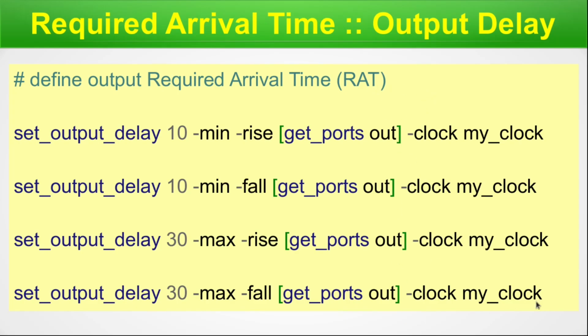So let me bring my mouse pointer again. If you compare, this remains static, this remains static, only the changes are here and here. So we have a couple of combinations just to declare the minimum and maximum of the delays for rise and fall type. So we have 4 total commands to define the realistic boundary for RAT, that is required arrival time. Here we are done with this particular slide. So let's move on. Rise, fall, slew design constraint. In this slide, we are going to exemplify the rise and fall slew constraints through commands.